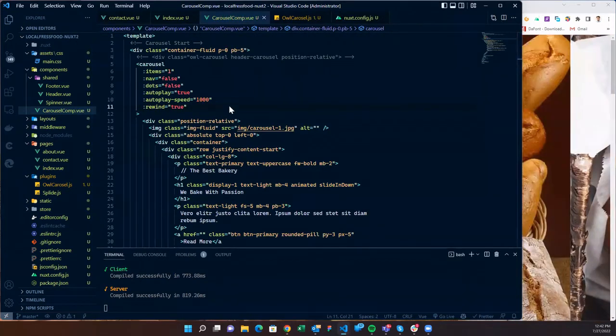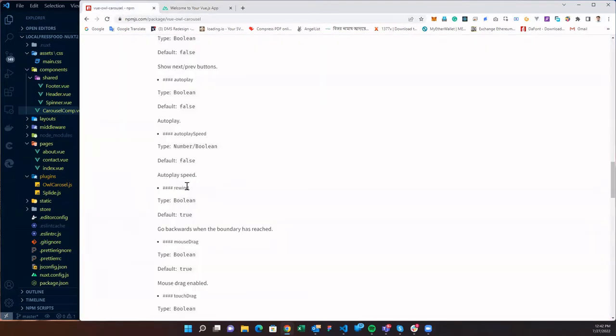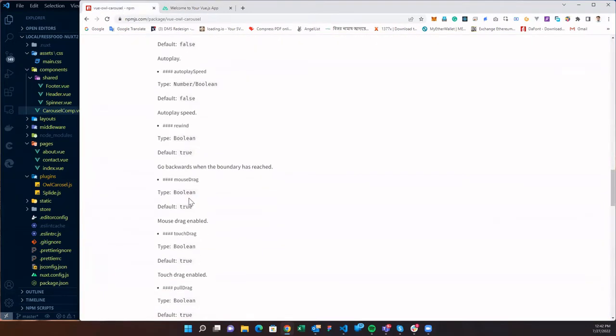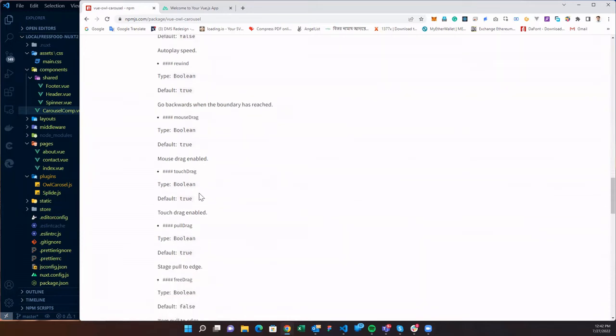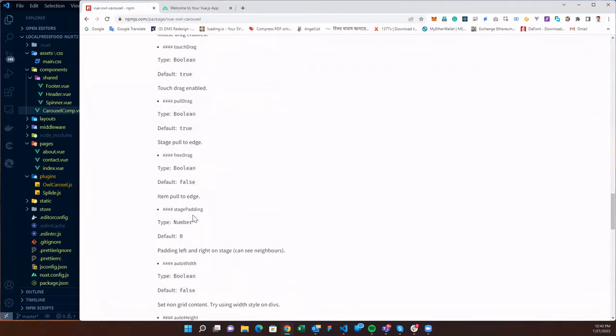As per my understanding, it should have actually started from the left side again. Okay, so it says go backwards when the boundary has reached. Go backward, this is given. This is what I tried to tell you: go backwards when the boundary has reached. But it might not do this properly. We can actually set a speed as well,